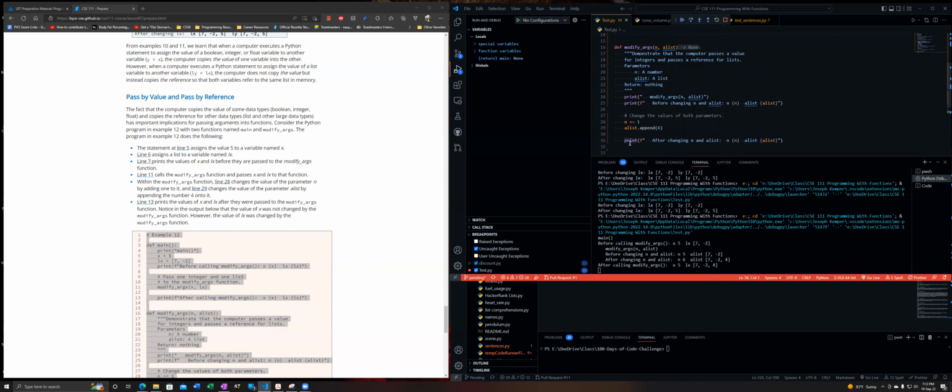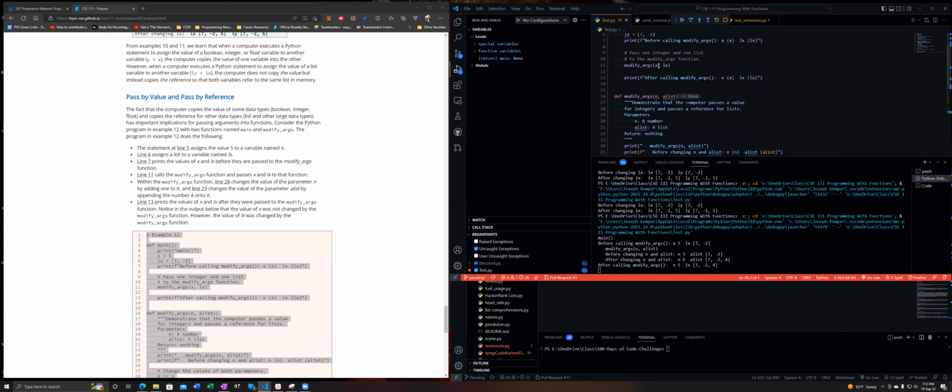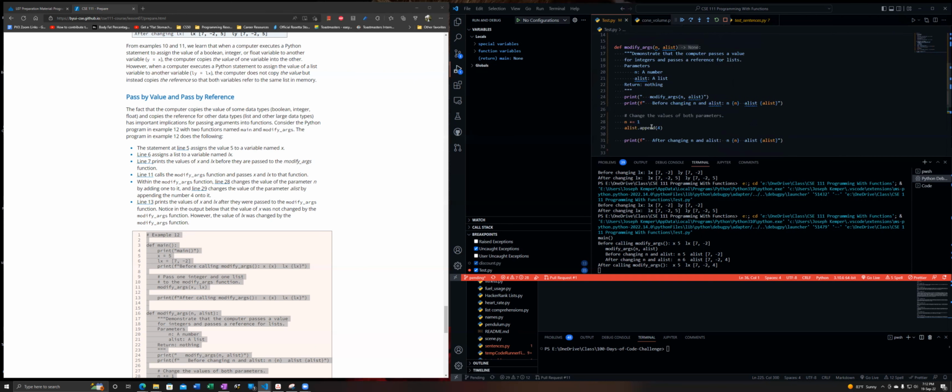And so because it doesn't return anything, and with how Python handles memory, the X was just copied through. So even though we changed it up here, it didn't make it back out because we didn't actually return it. But with the lists, the list keeps track of where it's at,